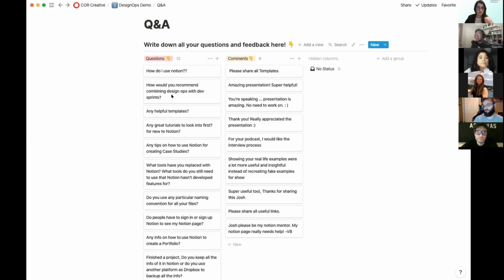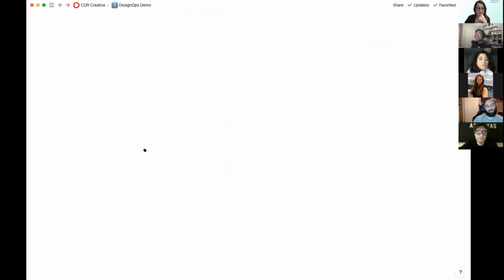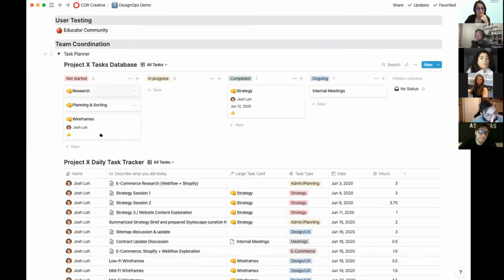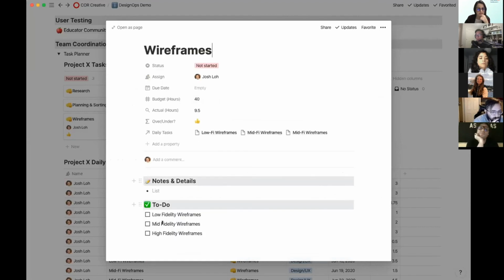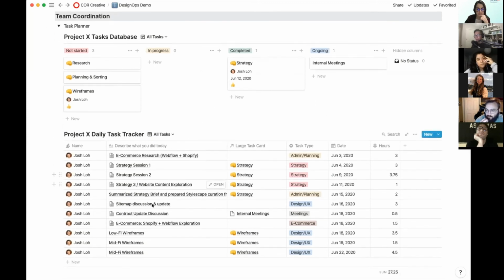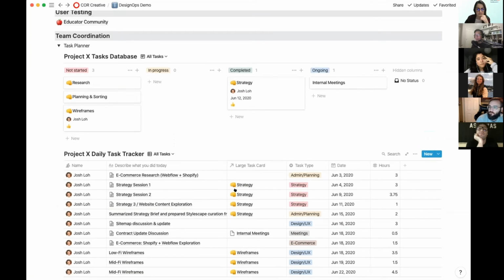All right. So DevOps and design ops. Basically, if you go here, this is like the bigger picture. So let's say under wireframes, I open this up. I've got low fidelity wireframes, mid fidelity, high fidelity. Design sprints are separate. They come before developer sprints, but there can be an overlap. And what you can do is use this task tracker to assign certain